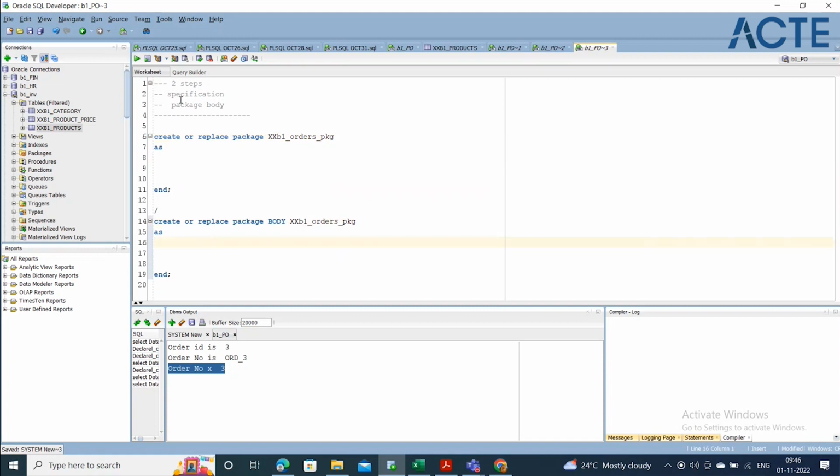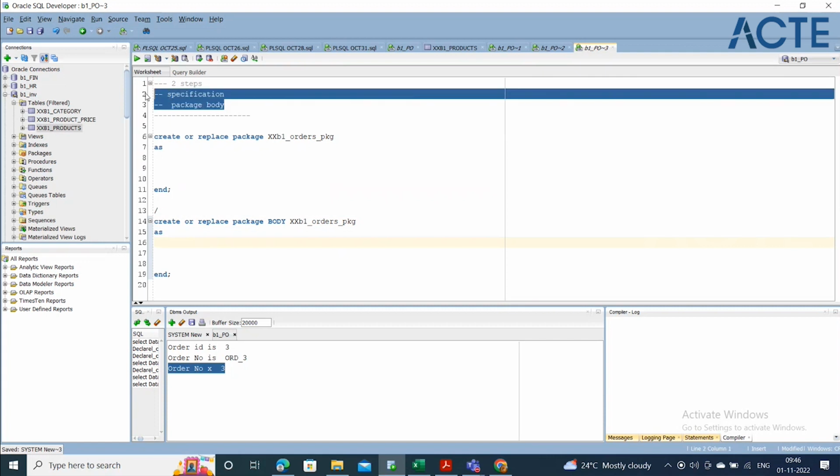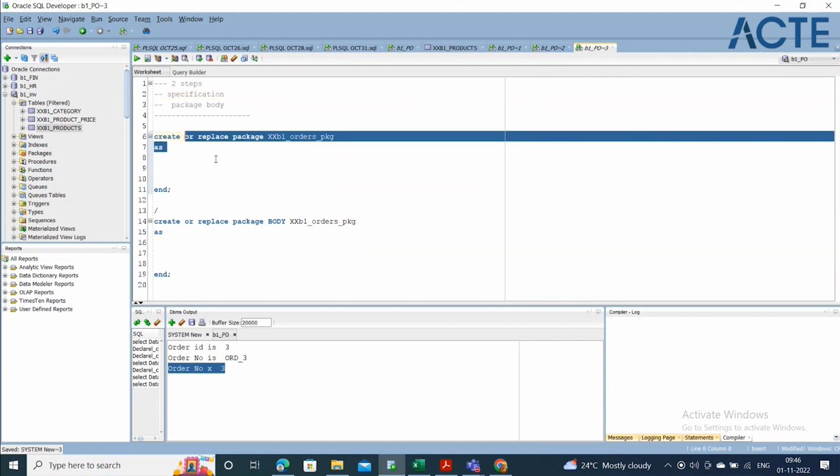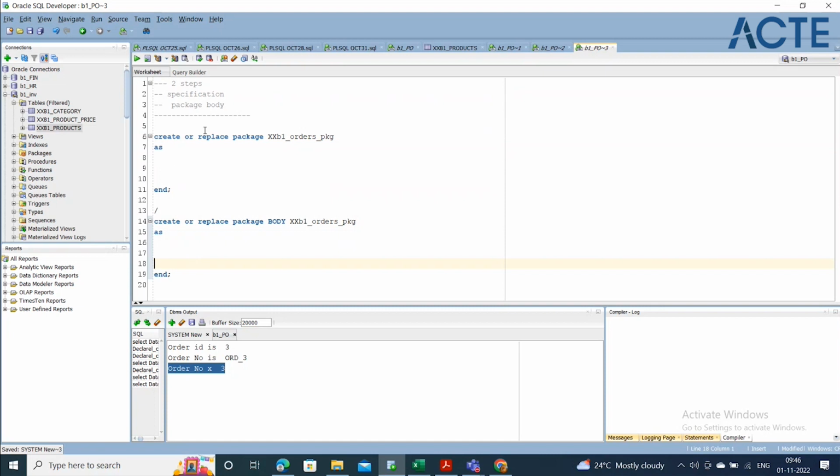Okay, I'll show you, the package has two types, two parts. First part is specification. This is specification. This one is a body. So what is there in a specification? What will be there in a body? See, the same logic